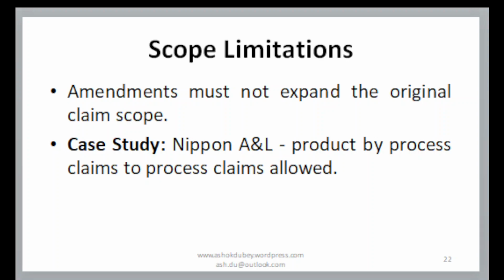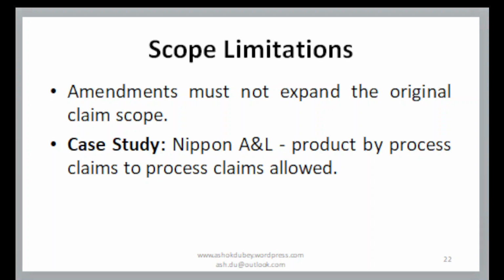Scope limitations, as discussed in section 59: amendments must not expand the original claim scope. This is a new case law, Nippon AL, much discussed. In this matter, the product by process claim was amended to a process claim, and it was allowed. There was some confusion among the experts that section 59 was less appreciated in this matter, but the court has given a very good order,